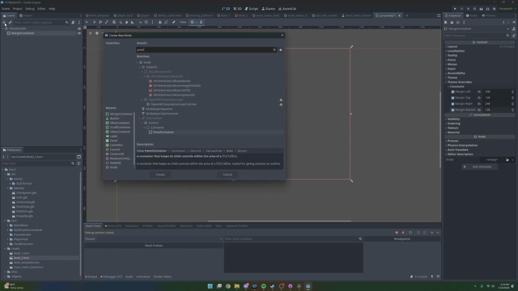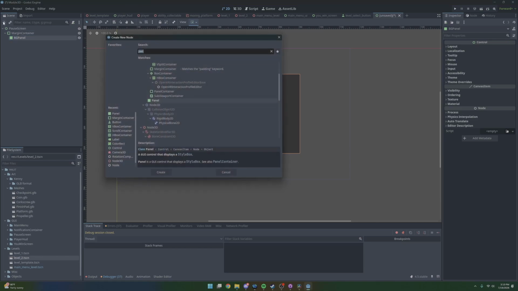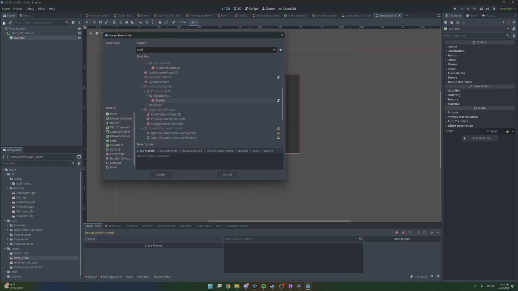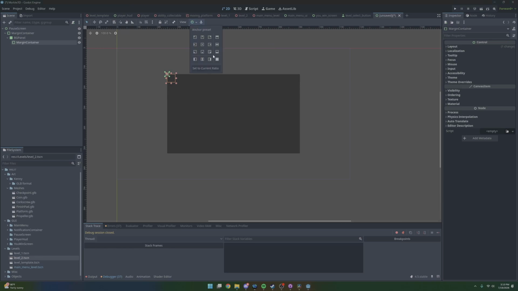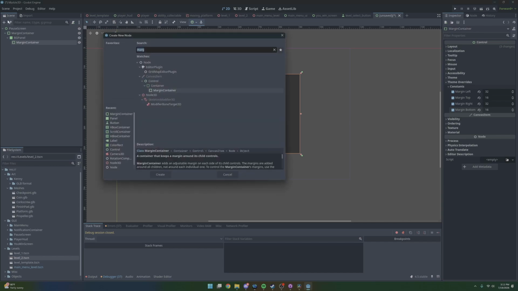Then inside of here, we'll just add a panel. And this will kind of be like a background panel for the content. Then inside of that, we'll add another margin container. And for this one's margins, I'm going to do something like 32 on the left and right, and then 16 on the top and bottom. And then inside of this, we'll have our actual content, like the title, and then some buttons like resume, retry, and quit. So I'm going to add a VBox,